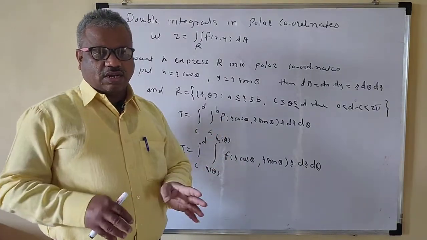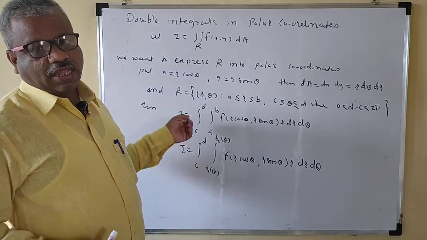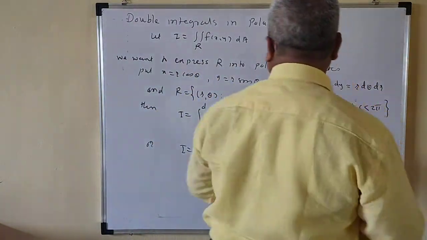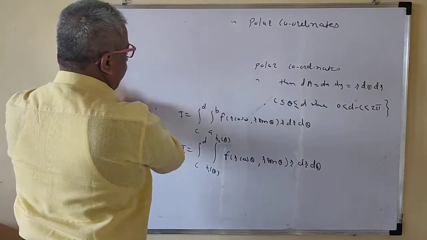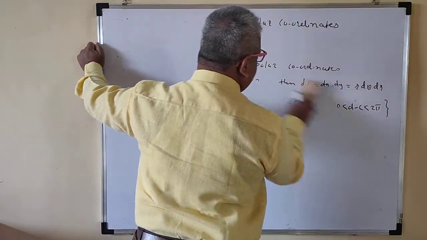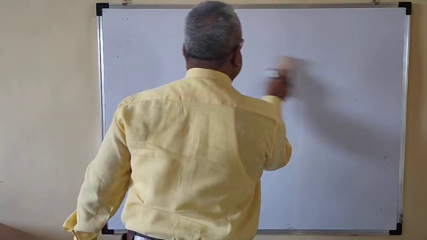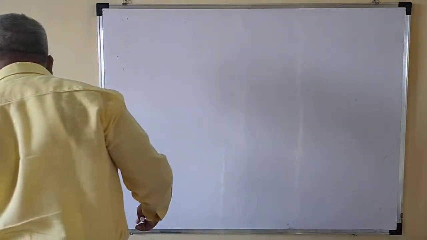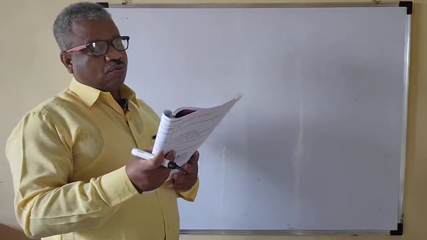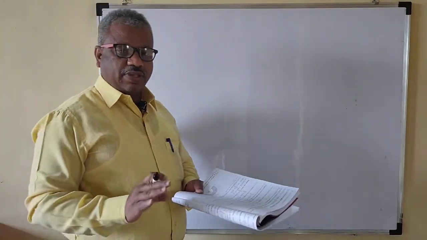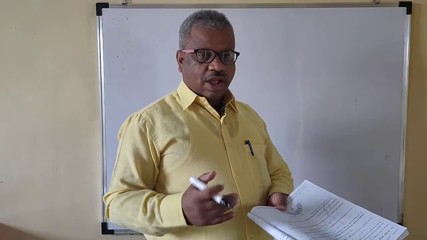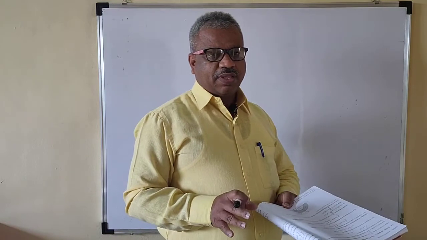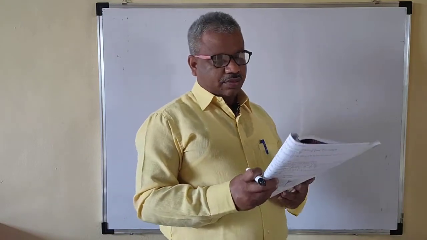If the region is a circle, then always use the polar form. It is better to use the polar form if your region is in circular form. We'll solve some problems so that you understand how to evaluate a double integral using the polar form. Note that in questions they will give only "evaluate this", so you have to judge whether polar form is applicable or not, that is, if your region is circular.